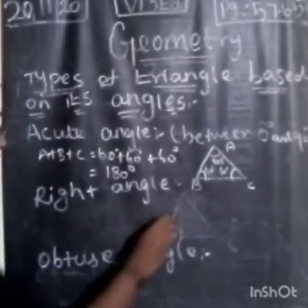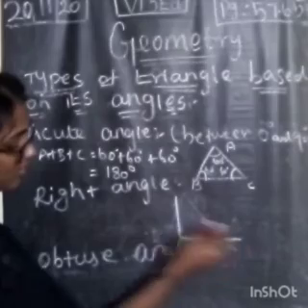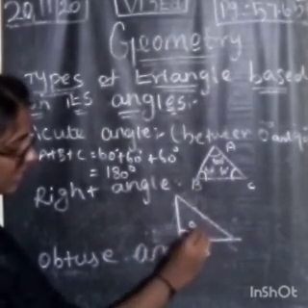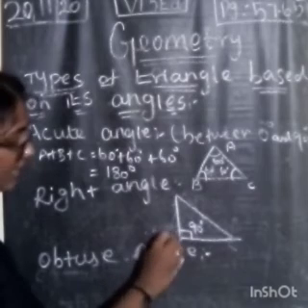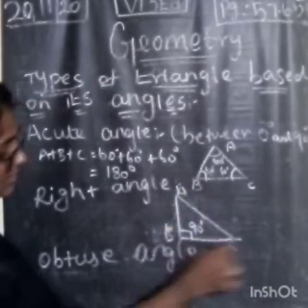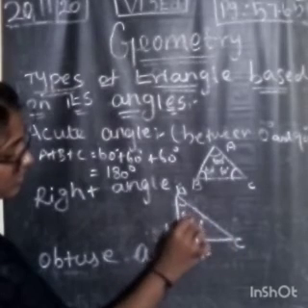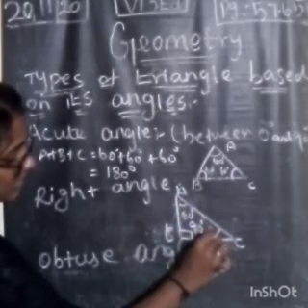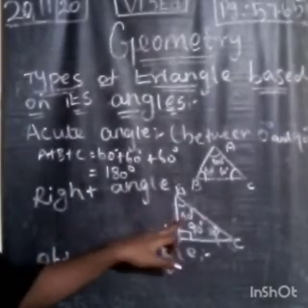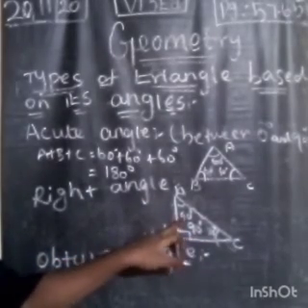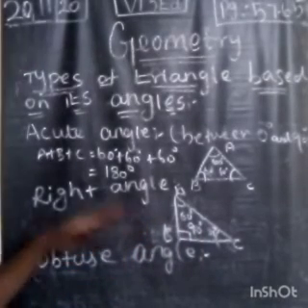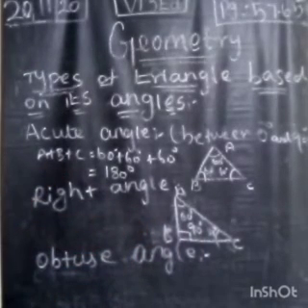Let us take one example. Here this is the right angle triangle, 90 degree. A, B, C. So here A equal to 60 degree, C equal to 30 degree. So sum of three angles: 60 plus 30, 90, 90 plus 90, 180 degree. So here it is the example of a right angle triangle.